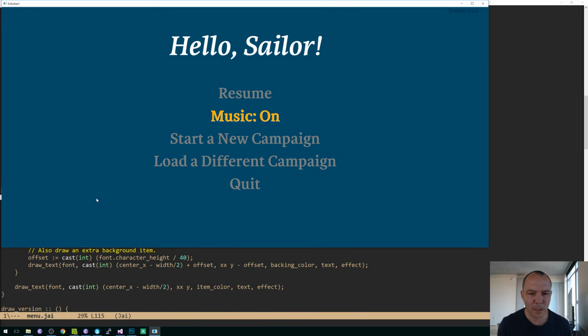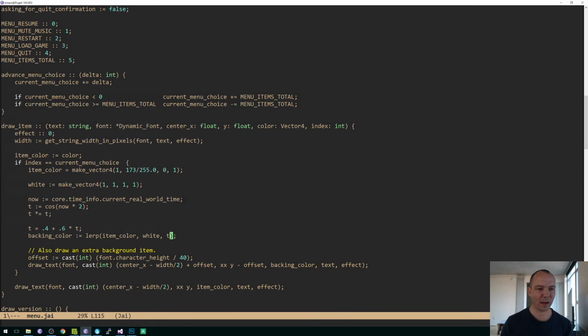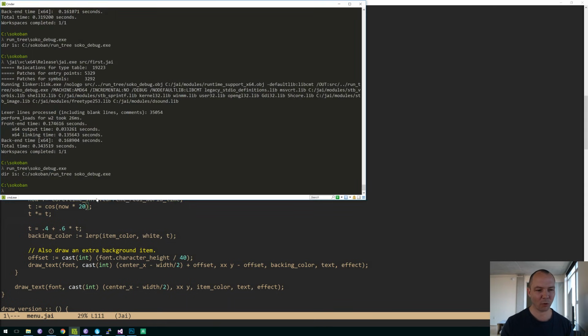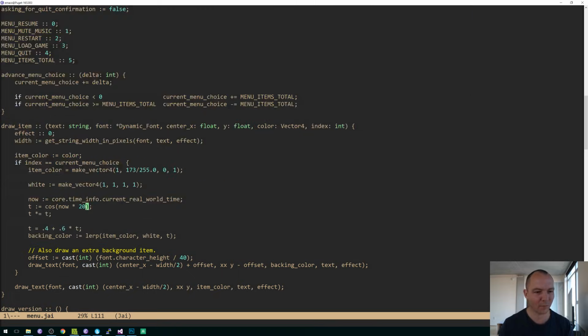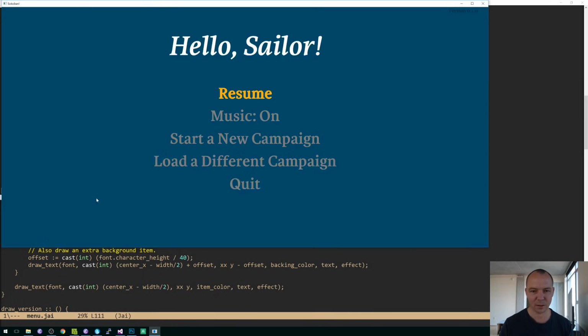We could maybe make it 1 pixel more or faster. Let's make it super fast just to illustrate, because I don't know how well you can see that on the stream. If I say times 20, it's going to be hella fast, right? Oh, that's too fast. Can't even see that. Times 8. Yeah. So I don't know if you can see that on the stream, but